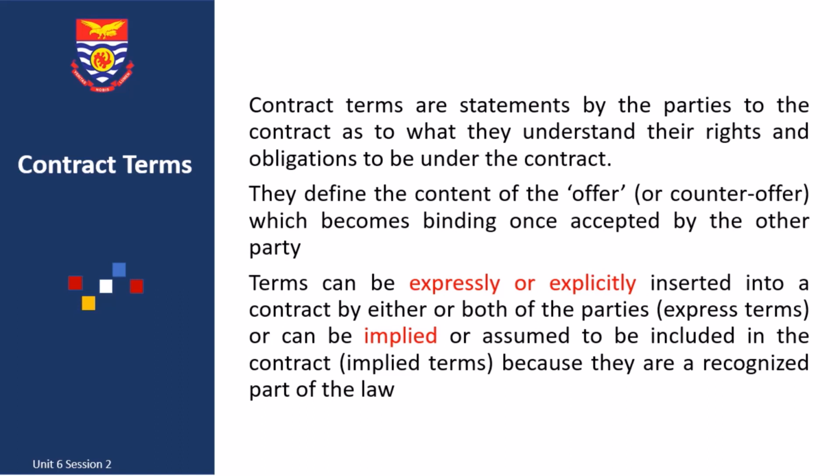Express terms are clearly stated and recognized in the contract between the parties. The most common examples of express terms would be where the parties specify the price, the delivery date, how carriage and insurance costs will be shared, and so on. Another example of an express term is an exclusion or exemption clause, which states that one party will not be liable, or will have only special circumstances in which a party will not be liable, for failure to fulfill its contract obligations. Implied terms, on the other hand, are terms which are assumed to exist by virtue of common law and statute and therefore form part of the contract, whether or not they are mentioned in the document or